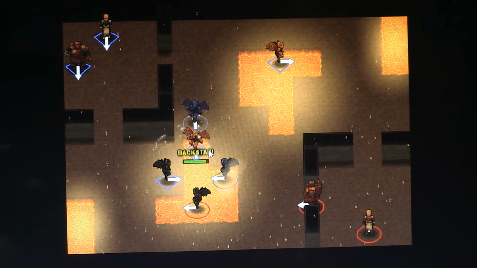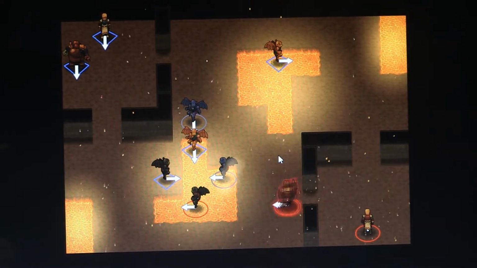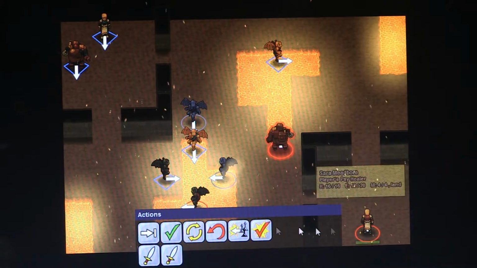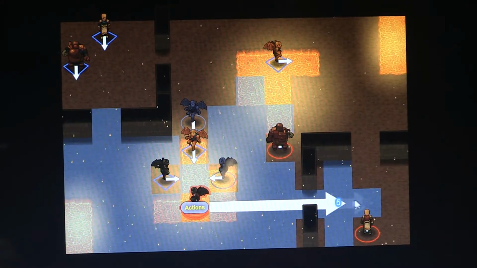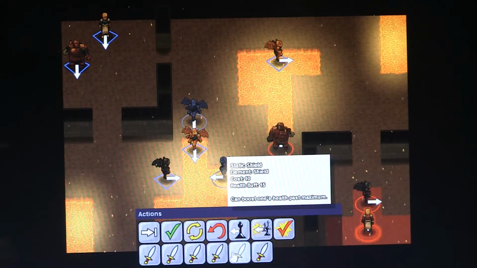There you go. Move out with your bronze golem, and then retreat and heal that guy. There you go. So that's the best way to get content